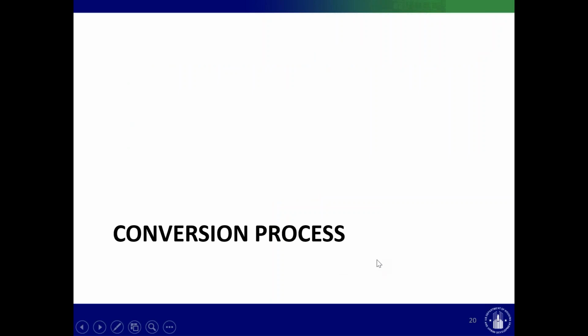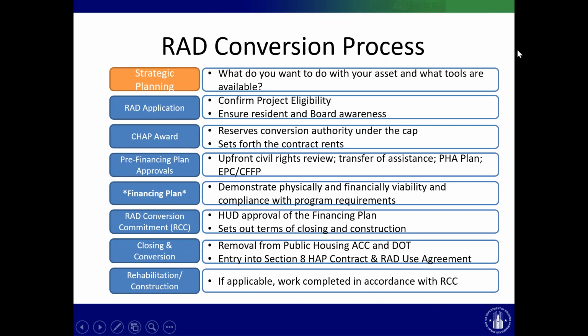So I will take a little time to talk through the overall conversion process, just to give an overall framework. It really starts well before you even come to HUD, which is the PHA does some strategic planning, thinking about what they want to do with their asset and what tools are available for them, which may or may not lead them to RAD. There may be other options that are preferable. But when the PHA decides that RAD is the right way to go,